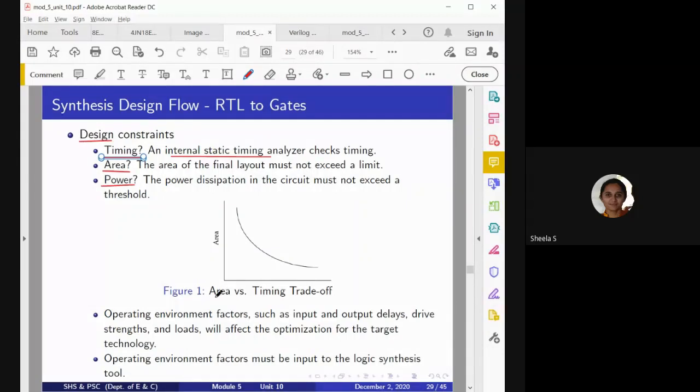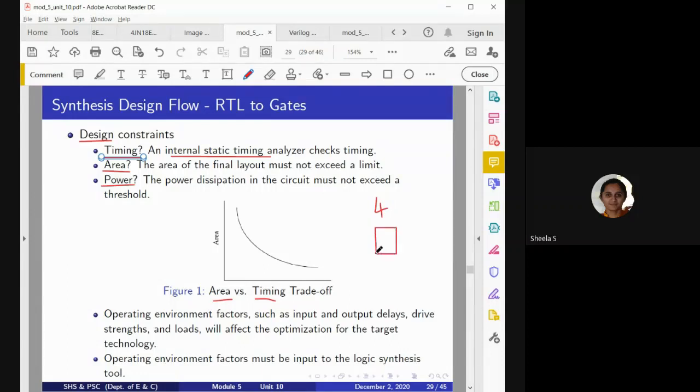And when we consider area versus timing, usually if the area increases, time decreases. Why? See, when we consider sequential circuits and parallel circuits, let me consider 4-bit addition. To perform 4-bit addition, suppose I am using only one full adder.